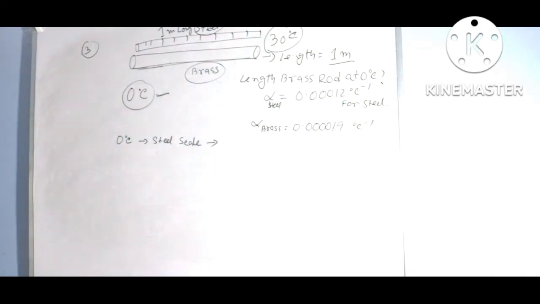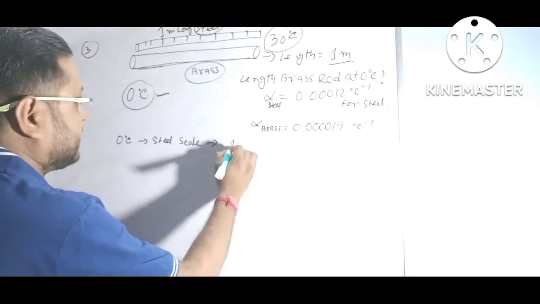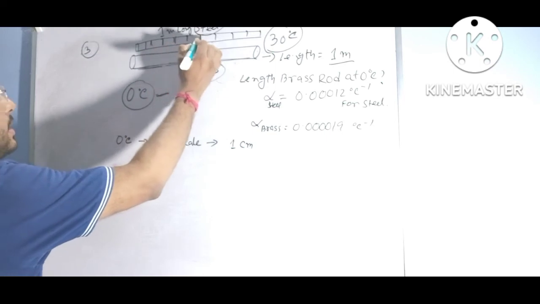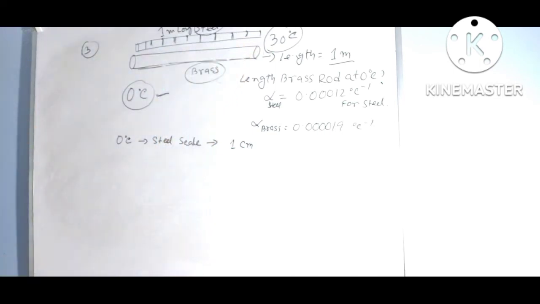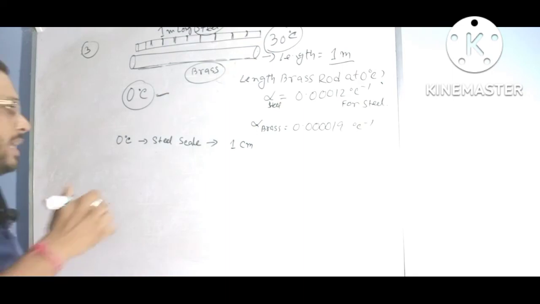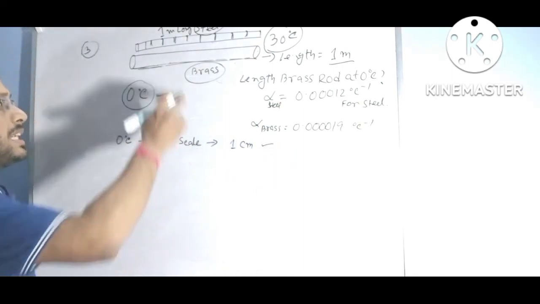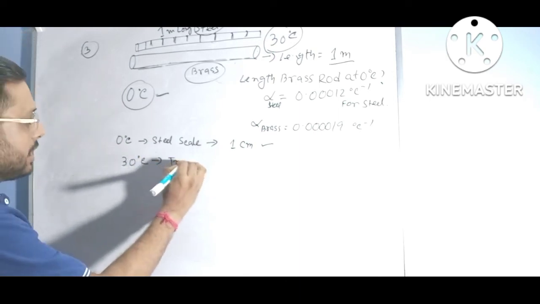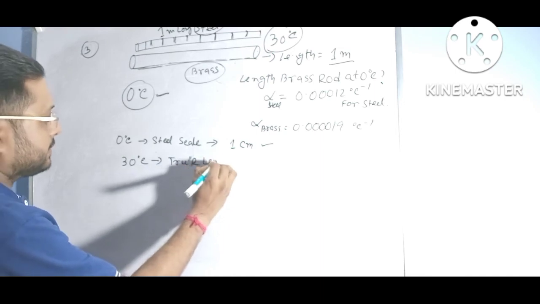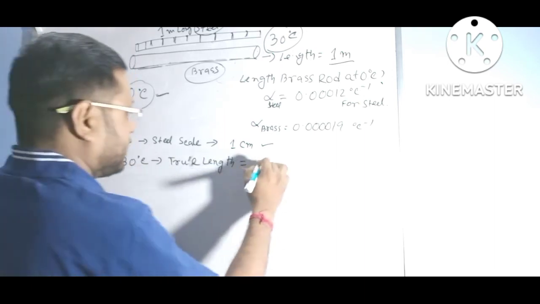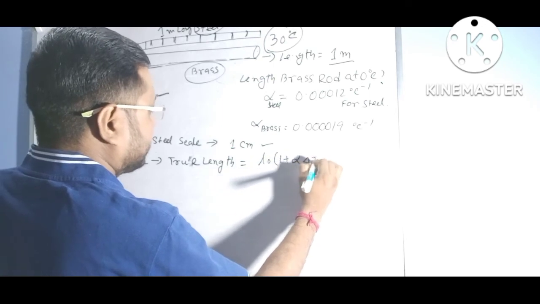में जो स्केल है, एज द स्केल इज करेक्ट एट 0 डिग्री, सो ईच डिविजन ऑफ स्केल इज 1 सेमी। 0 डिग्री सेंटीग्रेड में ये जो मिनिमम डेविएशन है और लीस्ट काउंट है, लीस्ट काउंट मीन्स द वैल्यू ऑफ 1 स्मॉलेस्ट डिविजन, ये है 0 डिग्री में 1 सेमी, बिकॉज इट इज करेक्टेड एट 0 डिग्री सेंटीग्रेड। सो 30 डिग्री सेंटीग्रेड में इसका ट्रू लेंथ क्या होगा? सो 30 डिग्री सेंटीग्रेड में इसका ट्रू लेंथ होगा L0 1 प्लस अल्फा डेल्टा टी।